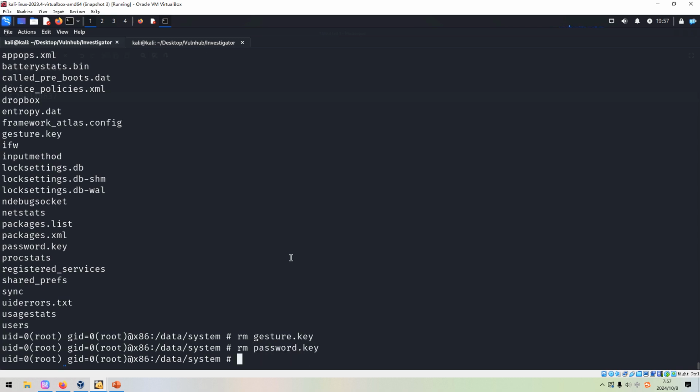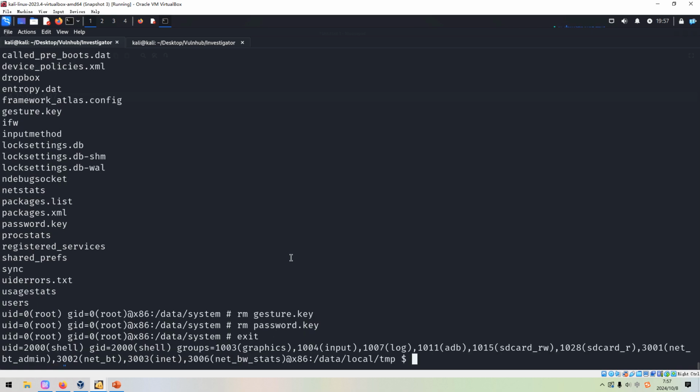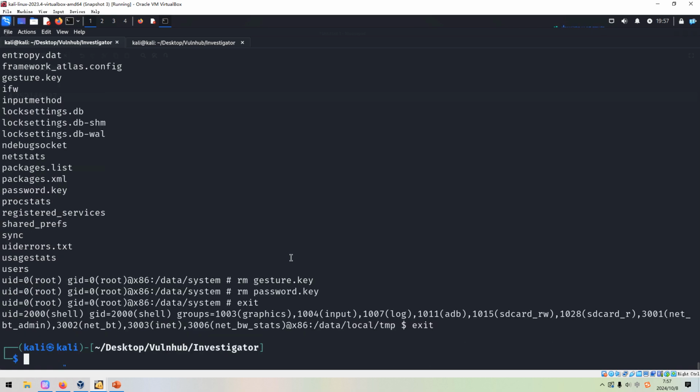Okay, it's done. Next, I think we can exit from the ADB shell, and now we need to restart the mobile phone or restart the Docker machine. And then I think we do not need to unlock the screen. The screen should be unlocked. Okay, so now see you there. I'd like to pause the video.